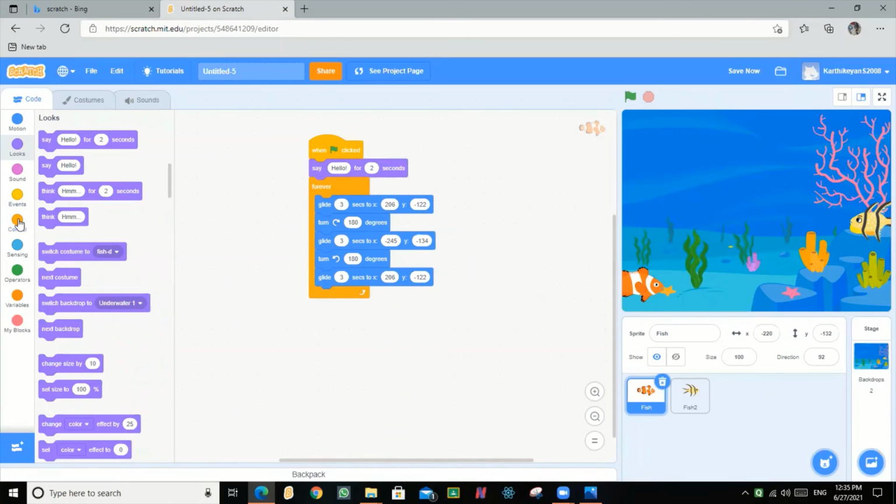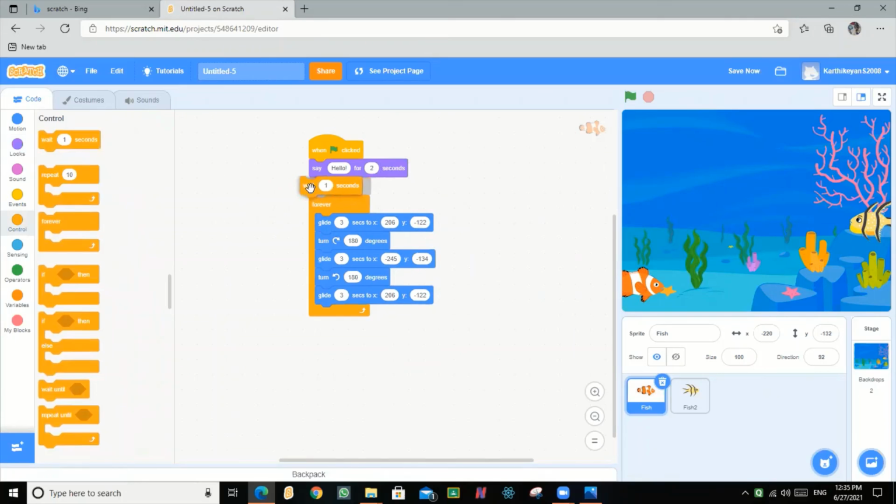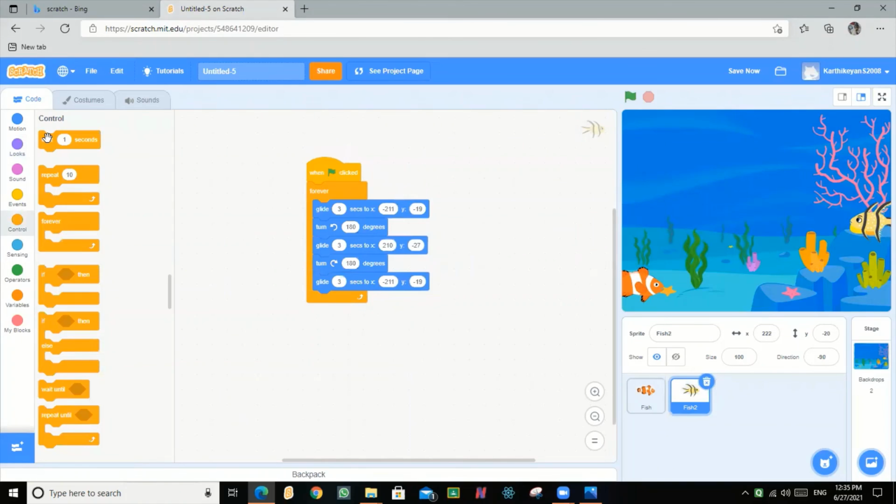And you should go to control and give wait for 1 second. So wait is for, if fish 1 says hello and fish 2 says hello, it should wait. So we should go to fish 2 and do the same, but the opposite.